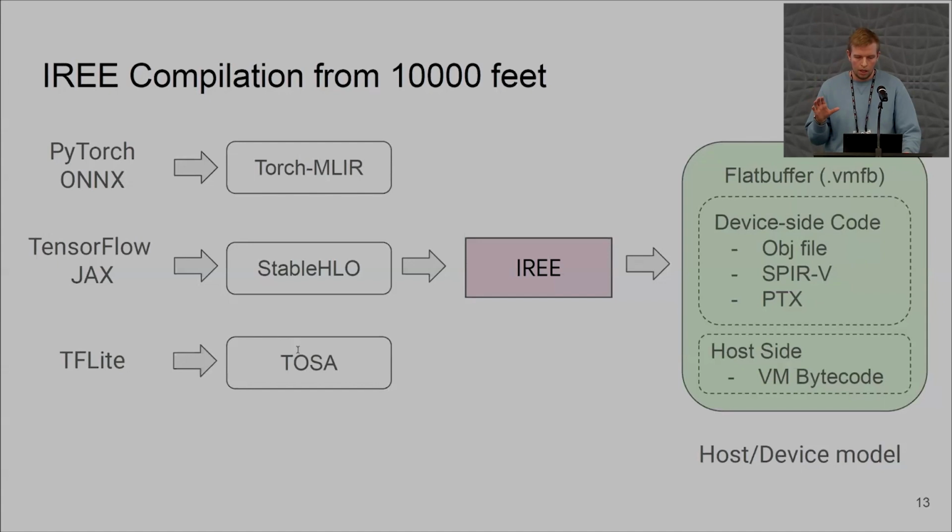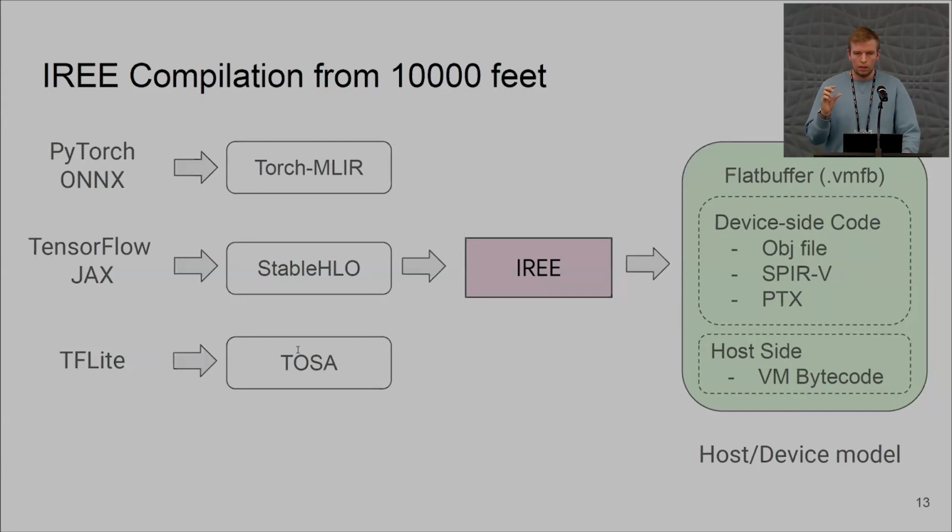From 10,000 feet, what we're doing is that we take these Python-based programs, we try to import them into MLIR, and at this level, it's pretty much a one-to-one copy of these Python frameworks. And then we have a common representation at the level of IREE. We perform high-level optimizations in a target agnostic way. Then as we go down, we specialize the optimizations towards the exact target hardware. And what we produce is a single file compiled ahead of time that contains both the device code and the host code. The device code can be something like an object file for AMD GPU or something like SPIR-V for Vulkan. And we can ship